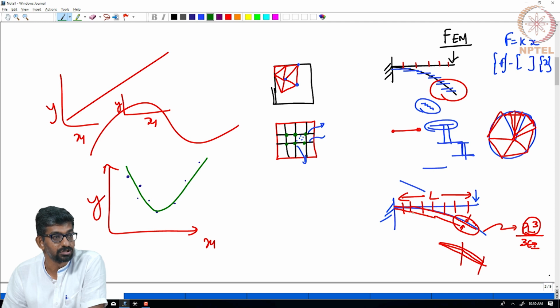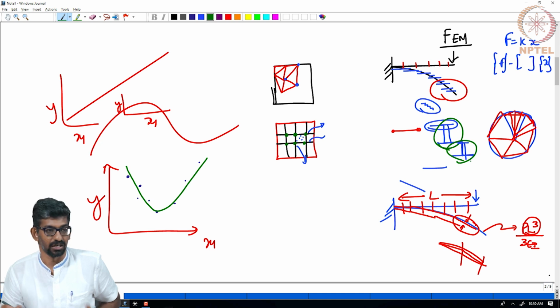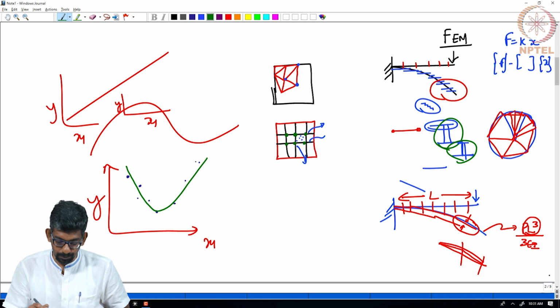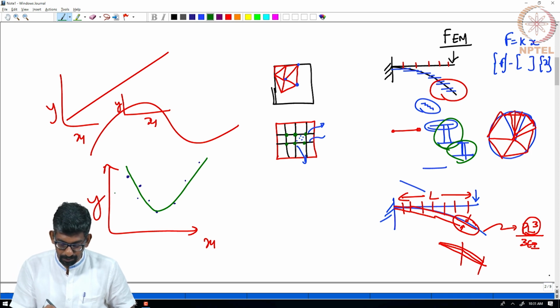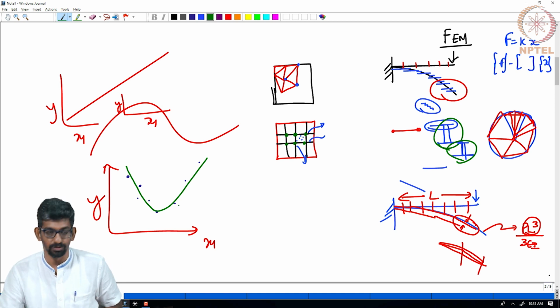in every element, there is also some continuity equations that we enforce. This for instance, this step function is not allowed. There is some continuity equations, C1 continuity, C2 continuity, that you need to bring in, because you will not stop with displacement, you want to identify strains. So, the displacement is just the entry point, you want to identify strains for which it should at least be C1 continuous. So, there are some continuity conditions enforced. In a similar sense, here you want to find a smooth function. But the only point is, maybe each of these functions can have different basis functions, you are only going to linearly sum them. Here also the idea is only linear summation.